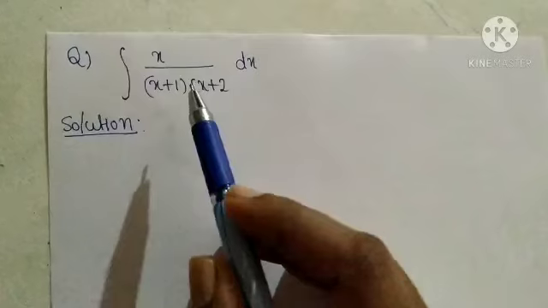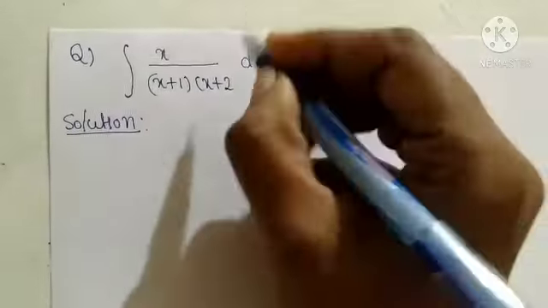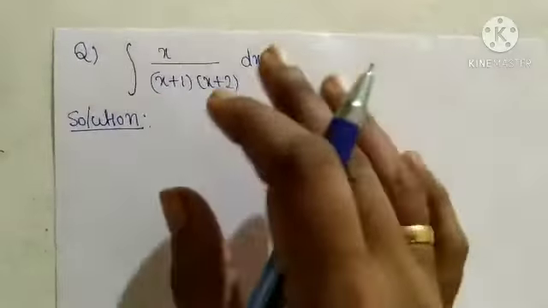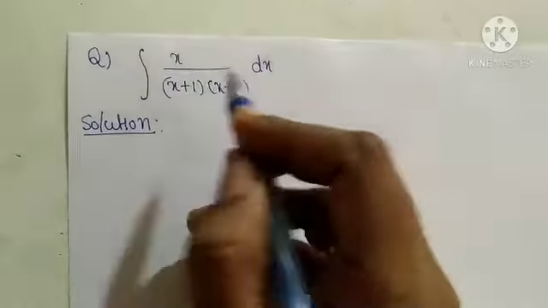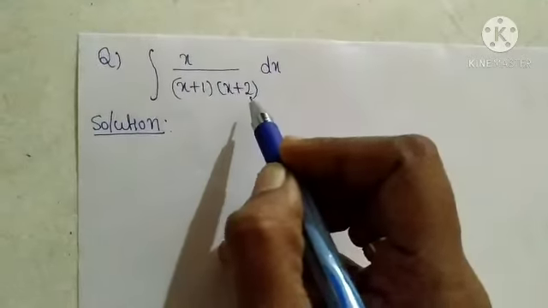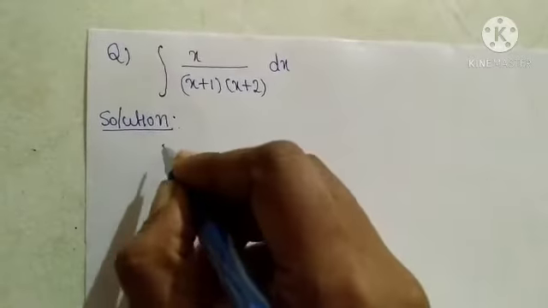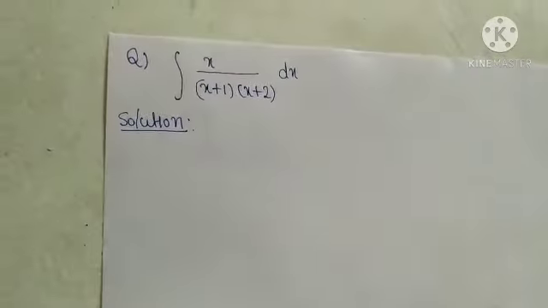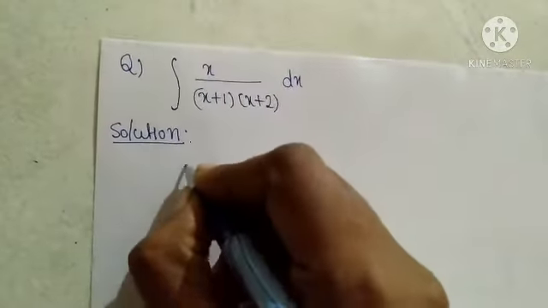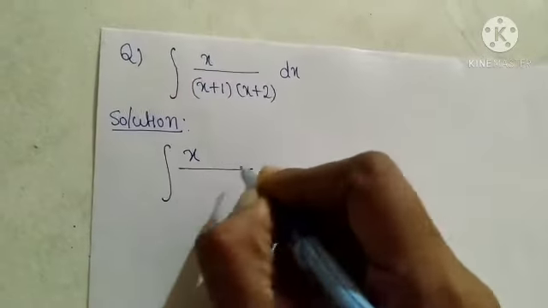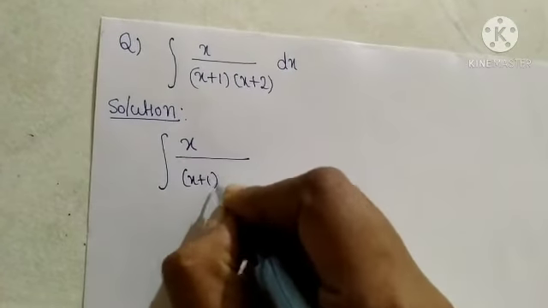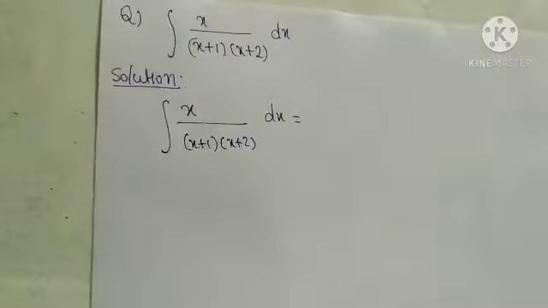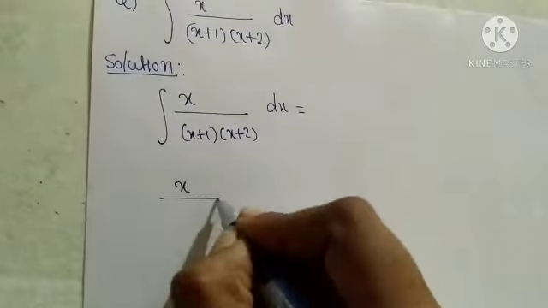Integral x divided by (x plus 1) into (x plus 2) dx. In this question we need to find out the value of this integral x divided by (x plus 1) into (x plus 2) dx. So let's start the solution of this question. First of all, the given question is integral x divided by (x plus 1)(x plus 2) dx, right? So I'm going to rewrite this